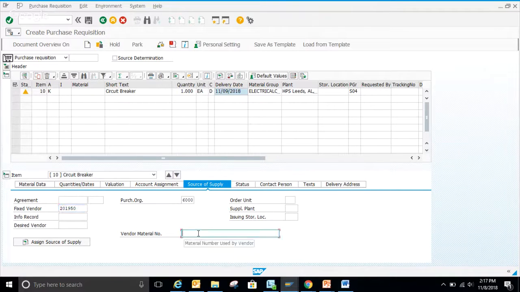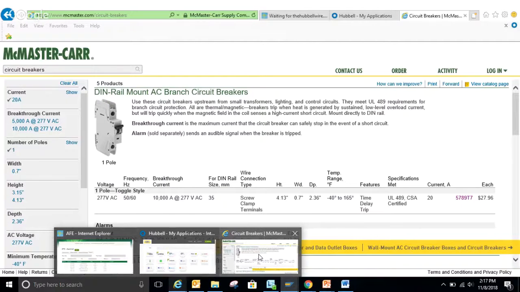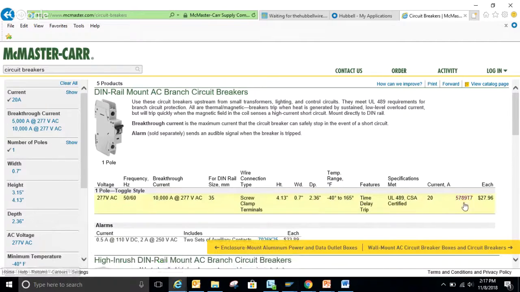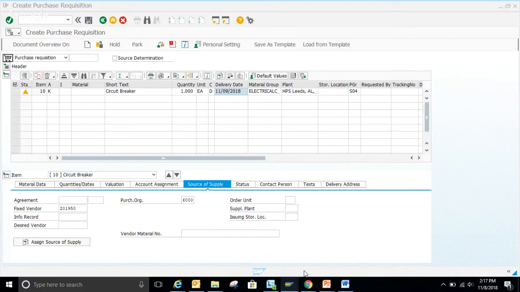And then this is the most important thing, the most common thing that people will forget: that vendor material number. Because if I send this to become a PO, well, they know the vendor, they know what it is, but they don't know which circuit breakers. McMaster-Carr sells several of them. So what we're going to do is you have to put their vendor material number, which is this number right here, 5789T7. So that's what I'm going to put in here,